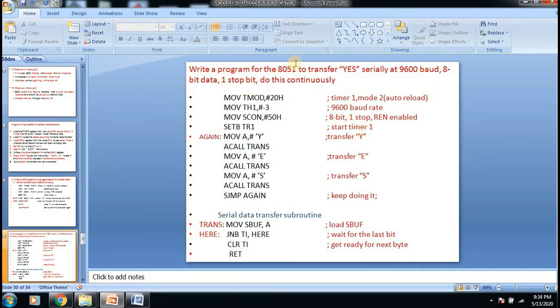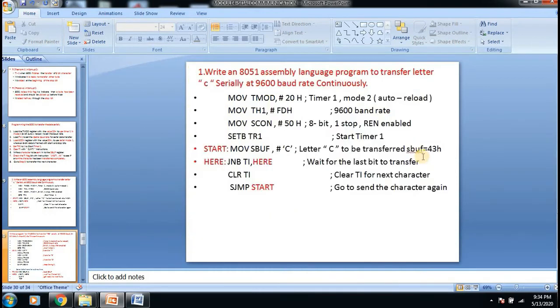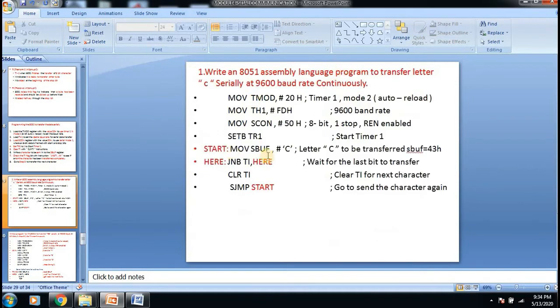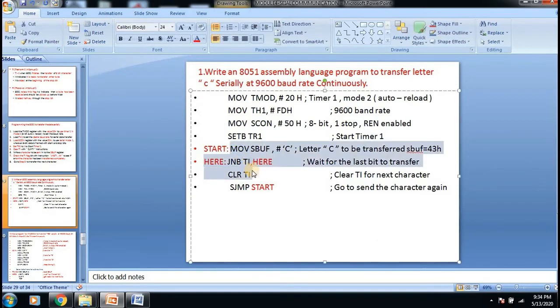Okay, so in the earlier case we had only 1 character to transmit, but here we have 3 characters to be transmitted, and we know that only 1 character can be transmitted at a time, right?